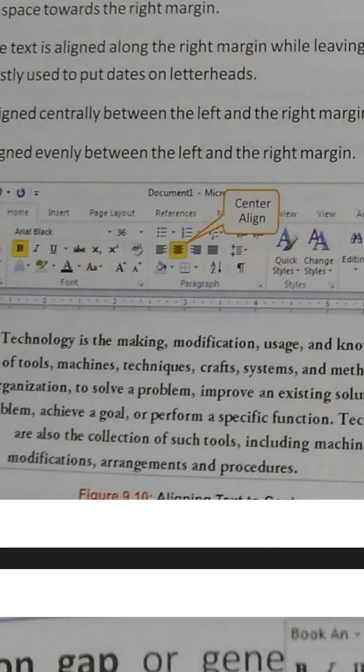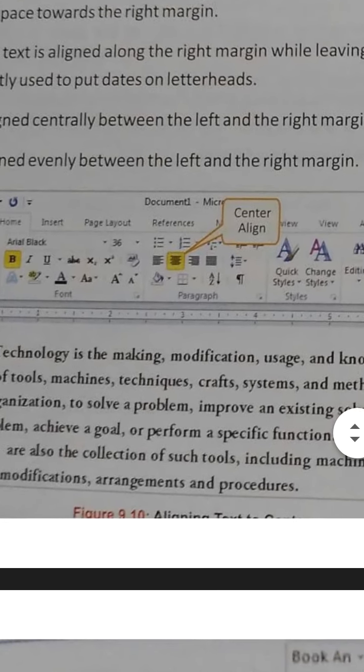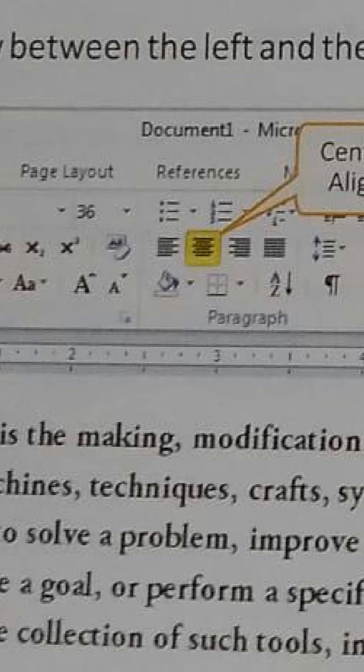You can see some text is typed here, and here four buttons are given. First one is for the left alignment, second one which is selected, that is the center alignment, third one right alignment, and fourth one is the justify.